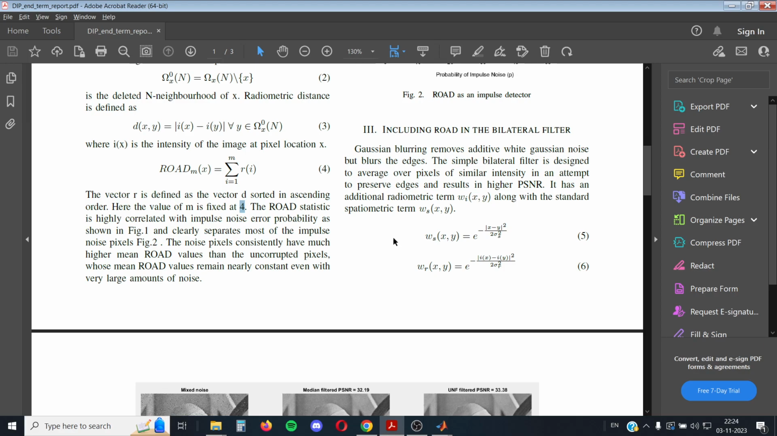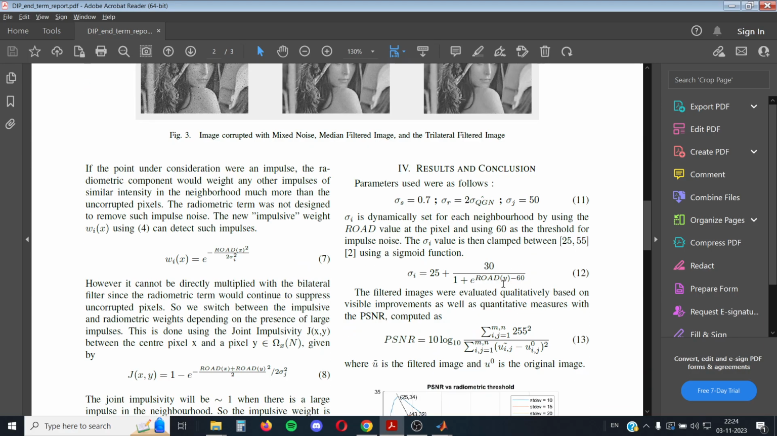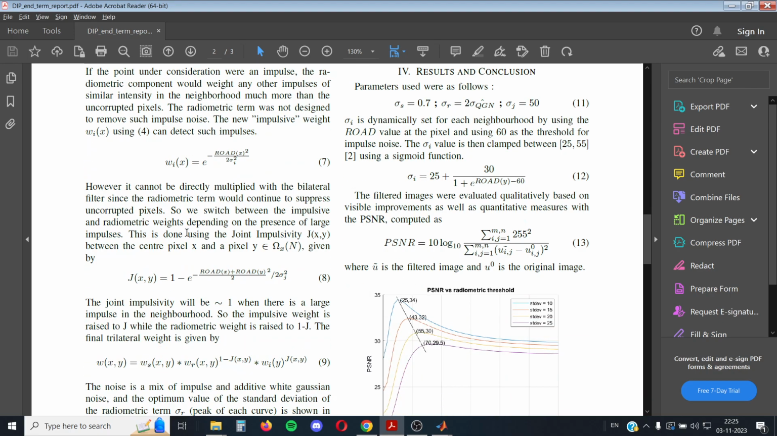Next we have the weights. We have a spatiometric term and a radiometric term as defined here. These are directly taken from the bilateral filter. Additionally we introduce a term, the omega I, which is the impulsive weight term, which is based on the ROAD statistic. Also, we introduce another value called the joint impulsivity, because we cannot directly multiply the weights,